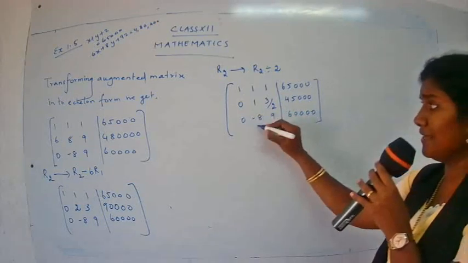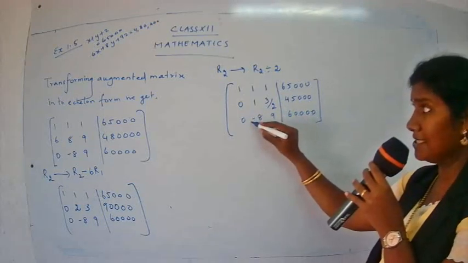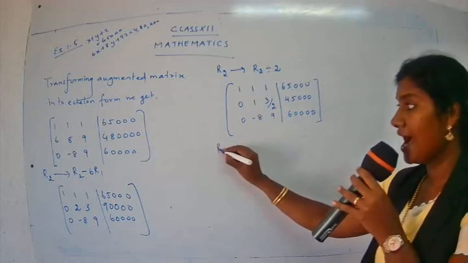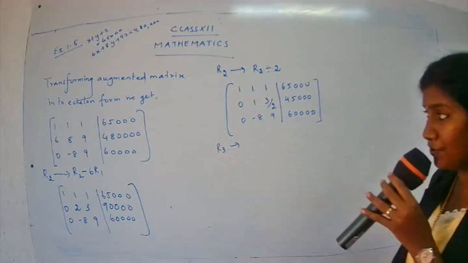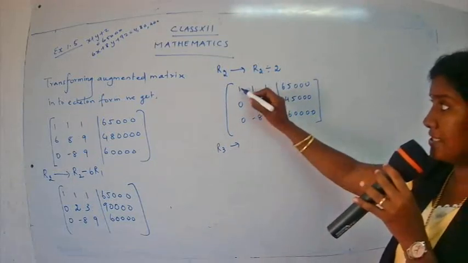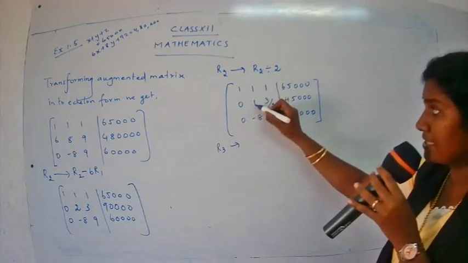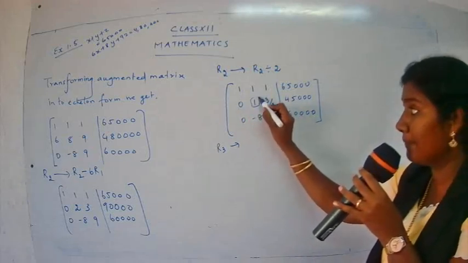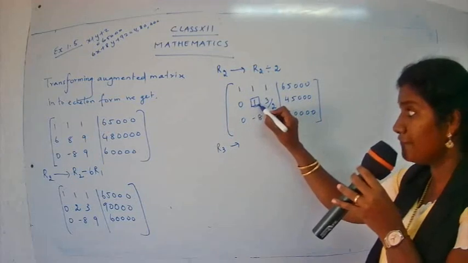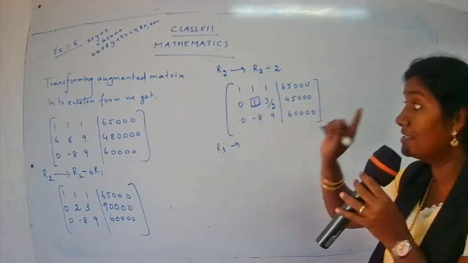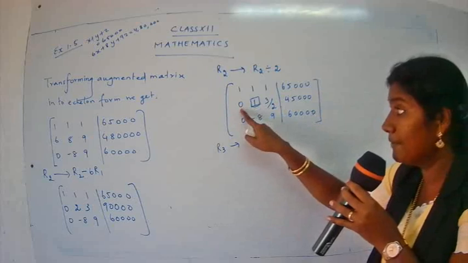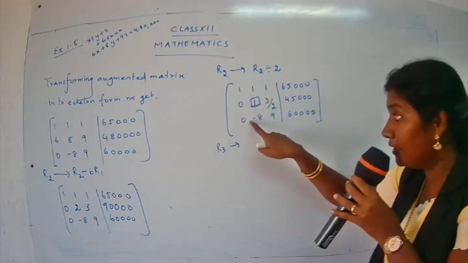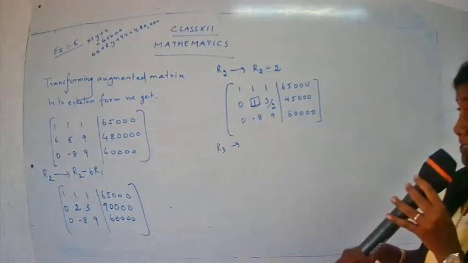Now this is easy, we have minus 8. I can make this as 0. Can you give me the conversion, children? Which row is going to change? R3 is going to change. See, the first element I made 0. Now from the second row you have to choose the first non-zero element. What is the first non-zero element? This is the first non-zero element. I don't want the zero element. I should see the first non-zero. So you have to make the number below that also as 0.